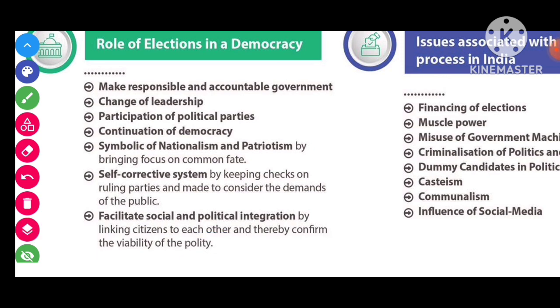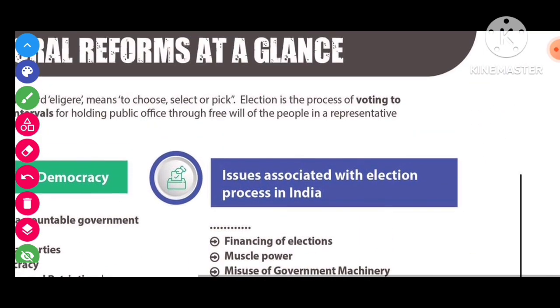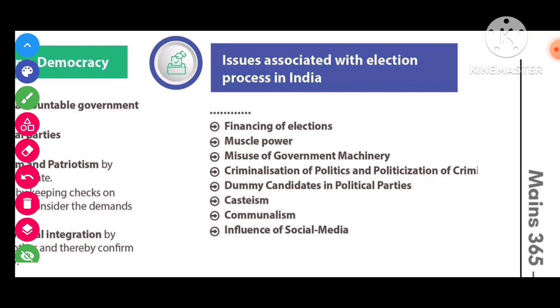So remember, the role of elections in a democracy is crucial to unite people through the voting rights of the citizens, and to establish the more mature rights of the citizens of the country. Okay, so remember this. And what are the issues associated with the election process in India, such as financing of elections,